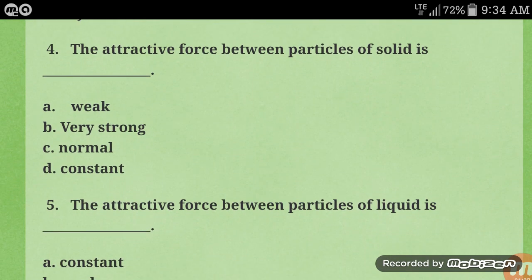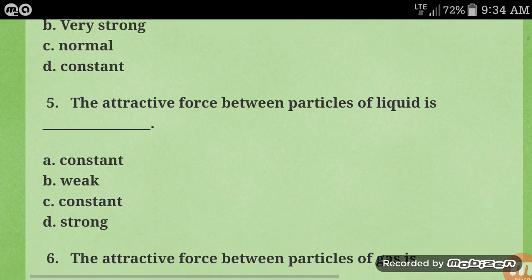Okay, number 4, the attractive force between particles of solid is. So when you say attractive force, that is the force that packs them together, or that lets them stay together. So it is very strong. Okay, because if the force between particles of this solid is so weak, it cannot be solid. Okay, anyway, so it's very